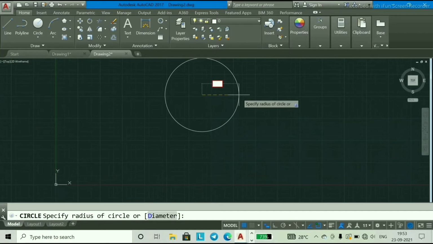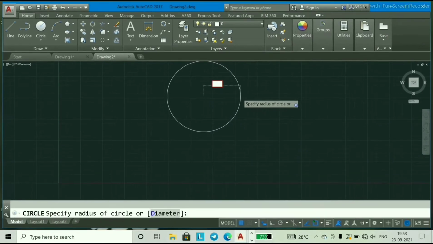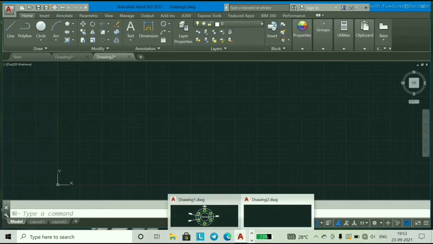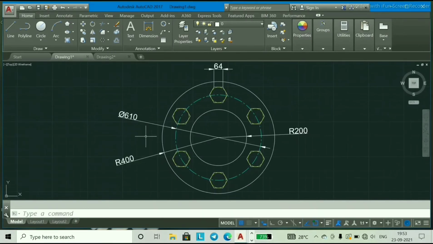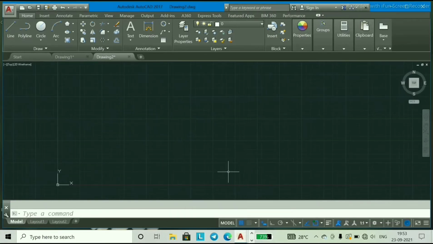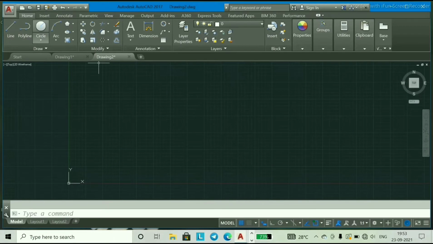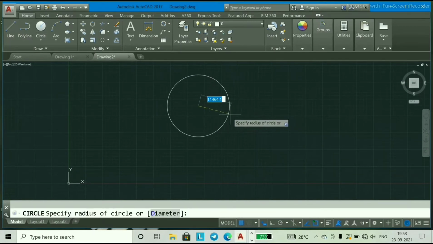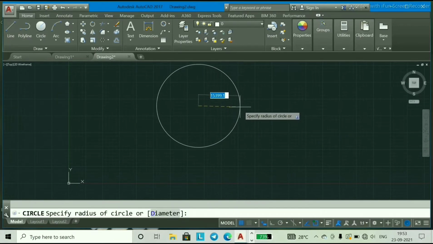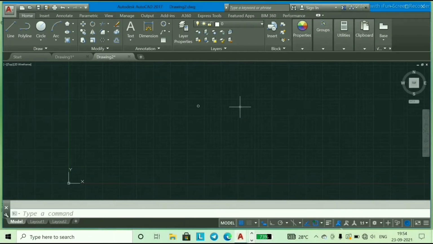So first we will give our first circle, that is 400 radius. Again we will choose circle, make a 400 radius circle, enter.